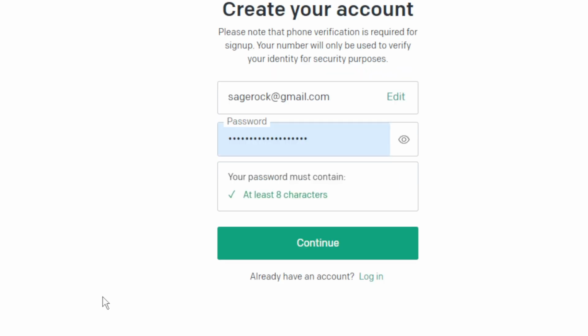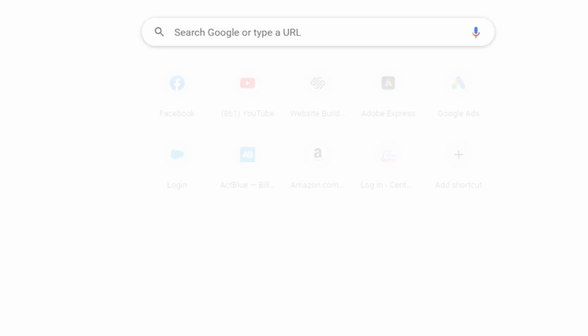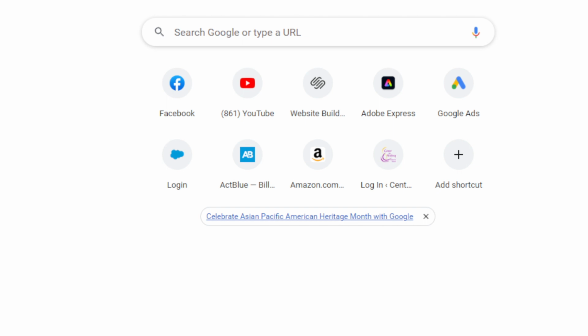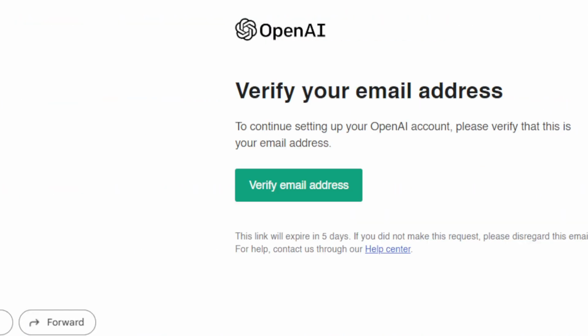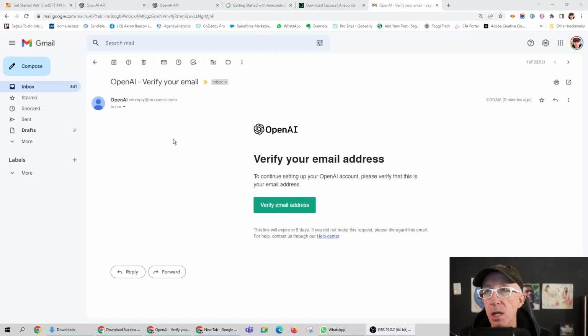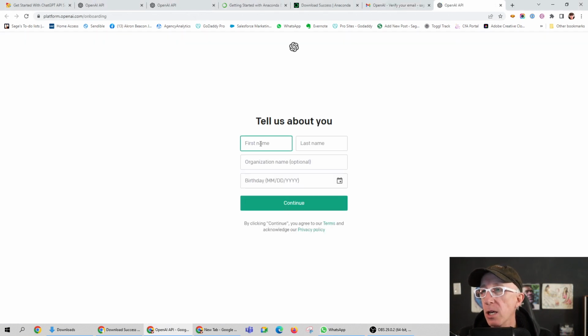All right. I do recommend a password tool, by the way. I use 1Password. Okay, so I put in a password here. Let's see. Did it work? All right. So now I have to go verify my email. Okay, we're going to go to Gmail. Going to come over here. We're going to find it in all my spam. Wait a second. Let's back up a little. So there it is. Verify. Okay. You guys can do that, right? Okay. We're going to put in